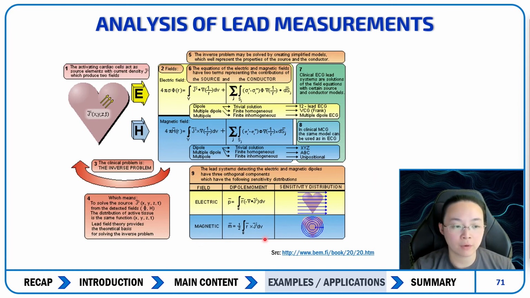So at the very end, you should be able to have a sensitivity distribution of the electric field, as well as a distribution of the magnetic field that you can use for further calculations. So for us, that's a lead measurement, which gives you both an electric and magnetic field. For the purposes of a magnetocardiogram, you would just be focusing in on the magnetic field component. So taking a look at the next step,